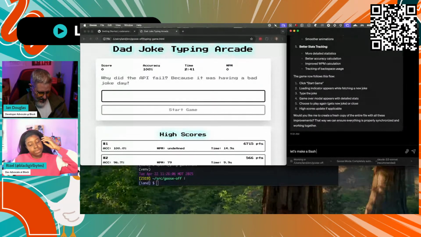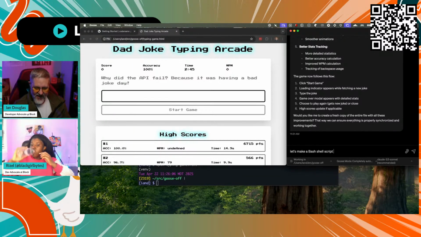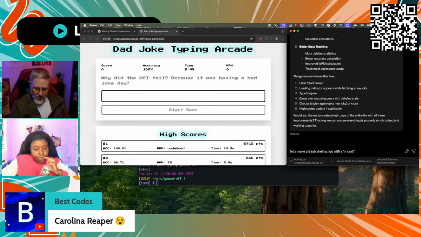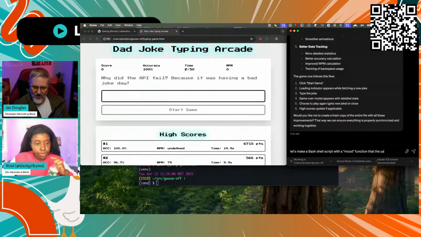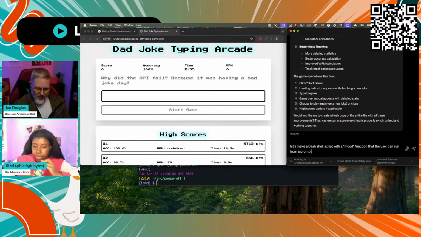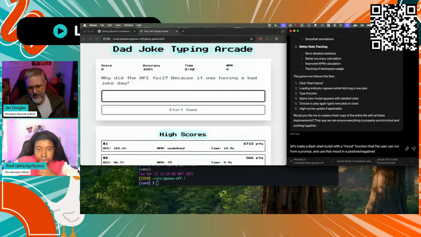So let's make a bash shell script with a mood function that the user can run from a prompt and use that mood in a positive, negative, let me switch the question, unhinged way to make the terminal different.